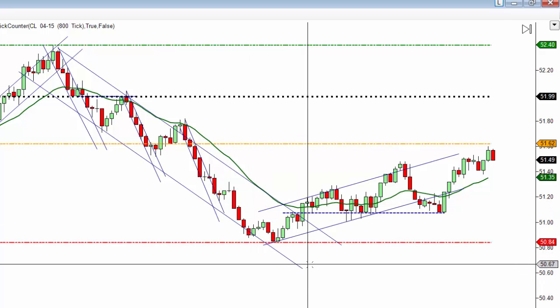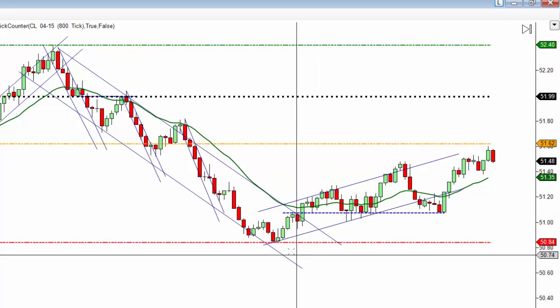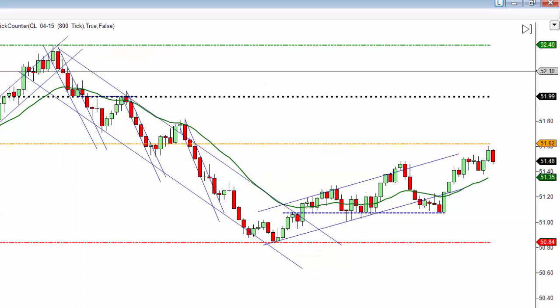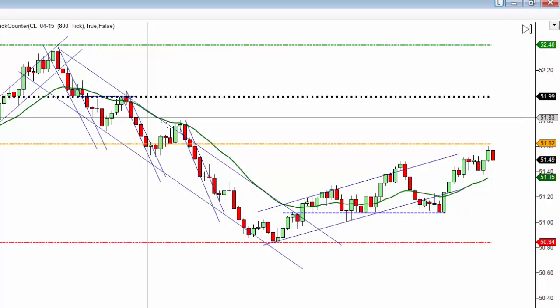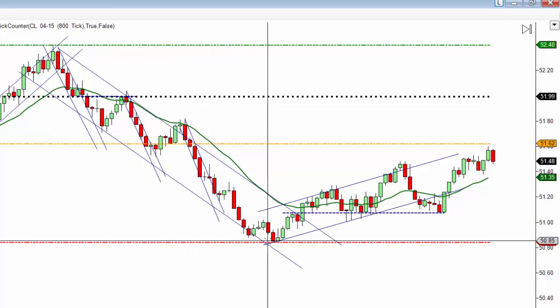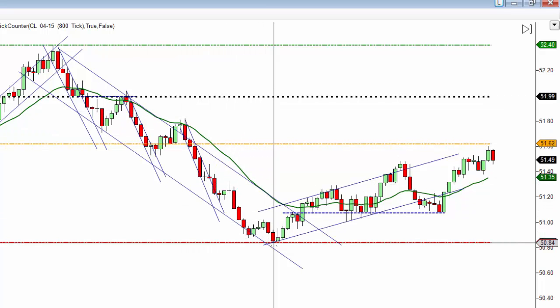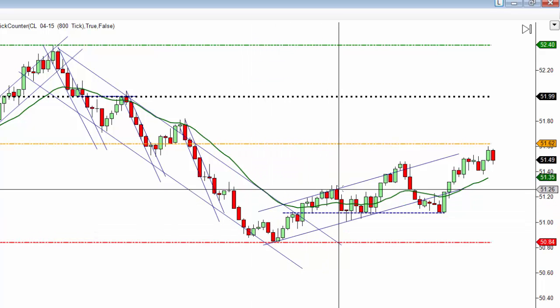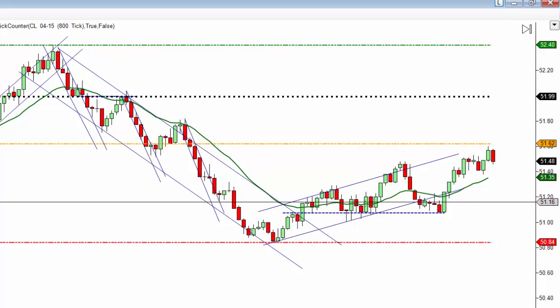Second entry long or second entry short is really the market attempting to do something twice and then doing the opposite. In this case, price was weak all the way through here until it got down to this $50.80, and I don't know why. Maybe somebody's sitting with their finger on the button, and when price got to $50.84, they decided to hit the buy signal. But you can see price pulled out the first time, failed, second time. Even though it was a strong move, we had this rebound, pulls back again down to the EMA,